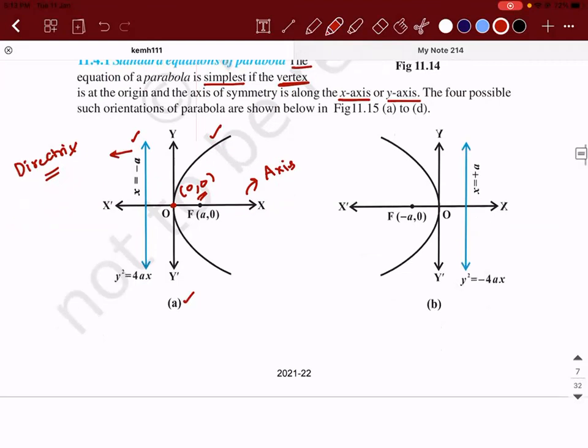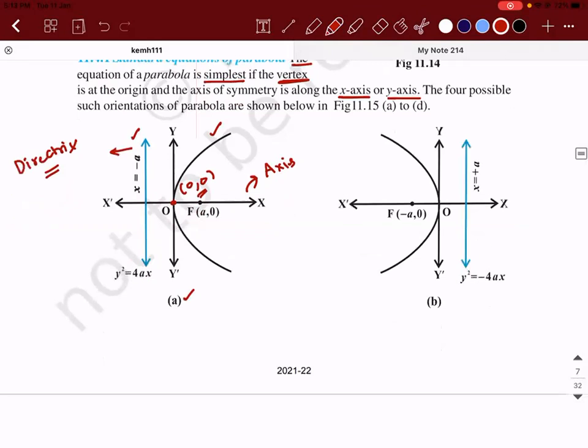Now, generally what we do is, we try to write the equation. Take the circle. For the circle, what was the major point on which you concentrated? You wrote x square plus y square is equal to r square, where you took the origin as the center. Similarly, x minus h the whole square plus y minus k the whole square is equal to r square. You took h comma k as the center. So you try to write all the equations with respect to a fixed point, which is the center of the circle. In a similar way, when you write the equation of a parabola, ellipse or hyperbola, you will always concentrate on the fixed point called the focus.